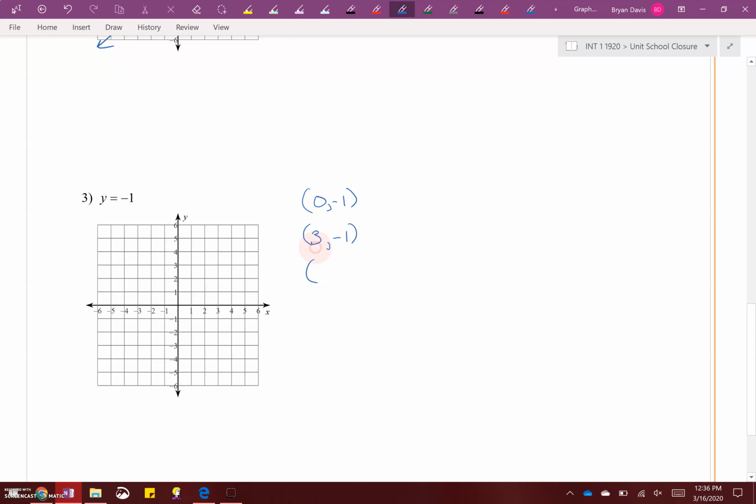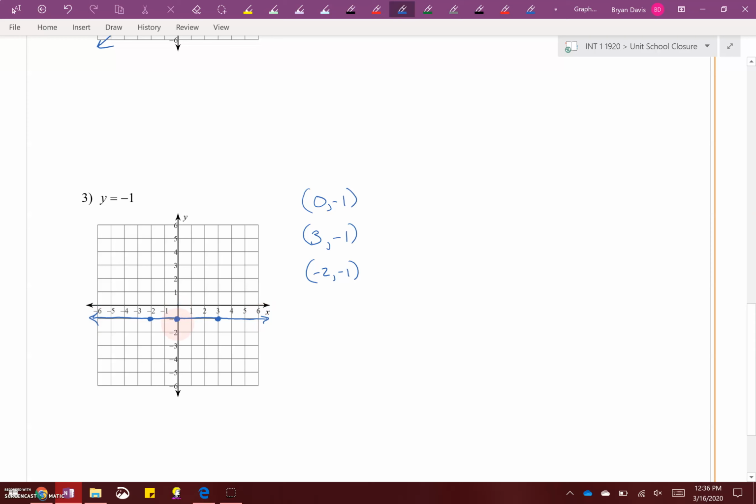And I could have another point like (-2, -1). X can be anything. The only thing that I know is y has got to be -1. If I were to plot those points, (0, -1) is going to be right here, (3, -1) right here, and (-2, -1) right here. You can see that the line that connects them all is going to be a horizontal line that goes through the y-axis